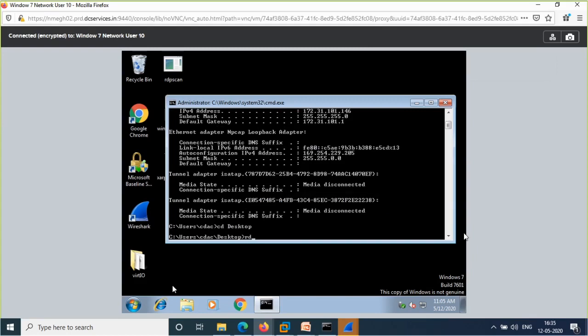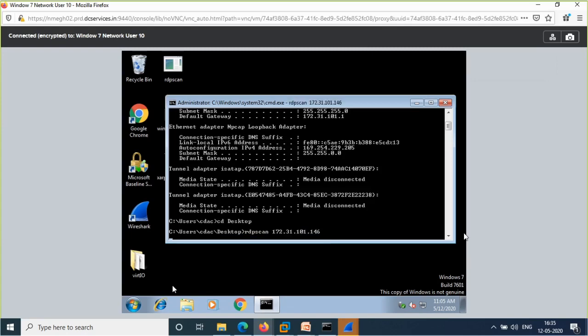I'll type RDP scan and 172.31.101.146. This is my machine's IP address.